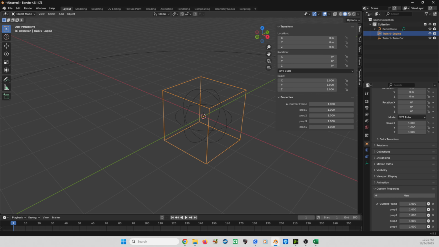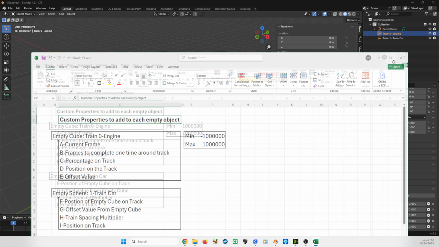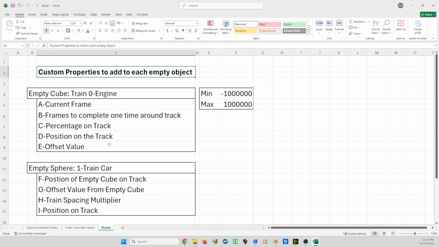Okay, so let me move this onto the screen so that you can see it. You're going to take the empty cube, the one that we've named train 0. We've already named the first property A-current frame. We've set the minimum to -1,000,000, the max to +1,000,000. You're going to go through with the next 4 that are attached to the empty cube, name them like you